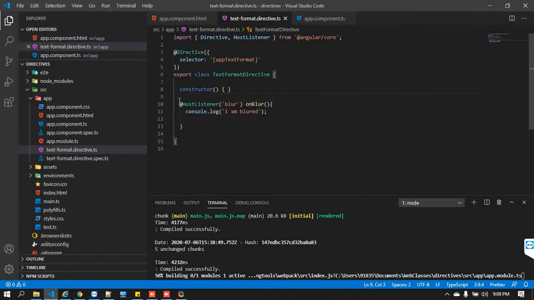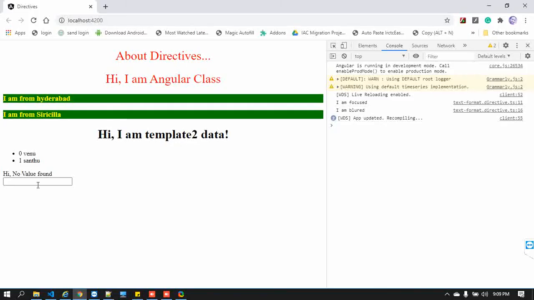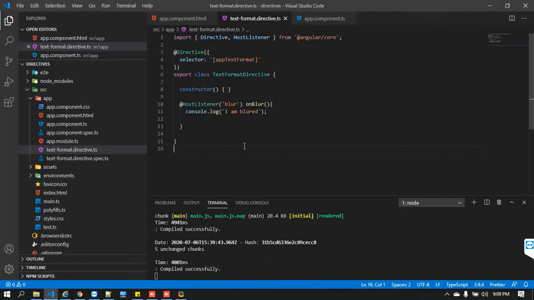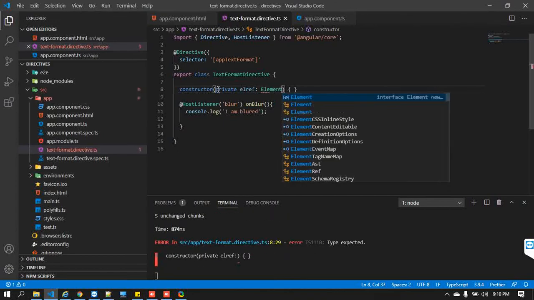At this moment, I need the value. Whatever value I enter in this, I need that respective value in this directive. To do that, we need one class, actually. That class that is going to help is nothing but a service. That service is going to help us get the value of your respective input field. What is that class? It's very simple. Private here, you can keep anything, let's say elRef, which is nothing but ElementRef.